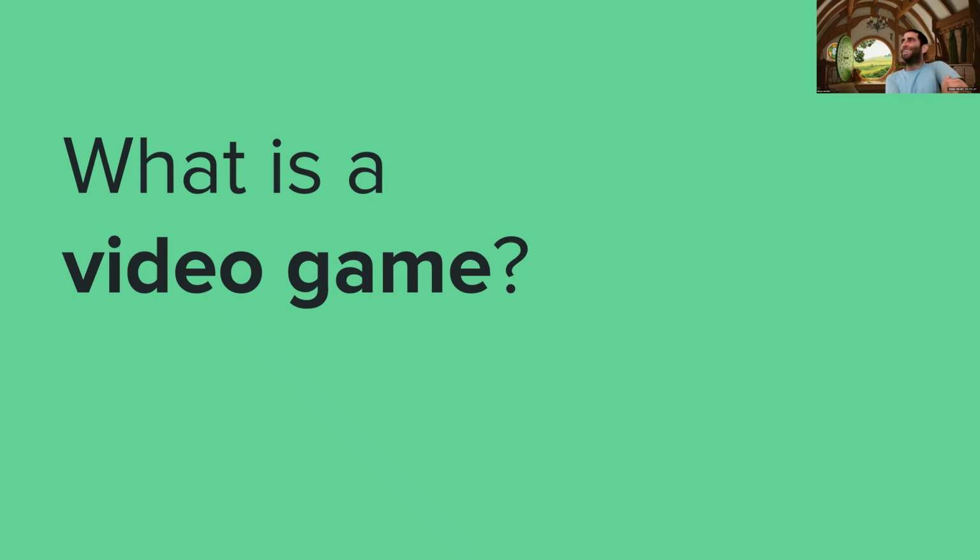Yeah, go for it. Okay, so you're saying from the name, there's the video aspect and the game aspect. So for video, there needs to be some kind of screen, and for the game aspect, well, what's a game actually? Entertainment, some type of entertainment. So is watching a movie on my phone a video game? It's got a screen, it's entertaining. Like a simulation. A simulation, okay. Interactive, okay, I like that.